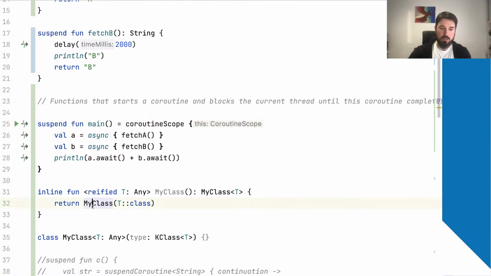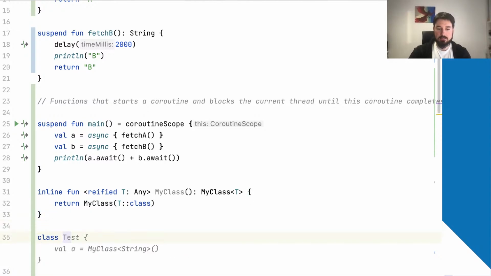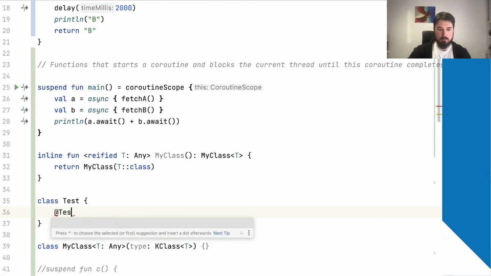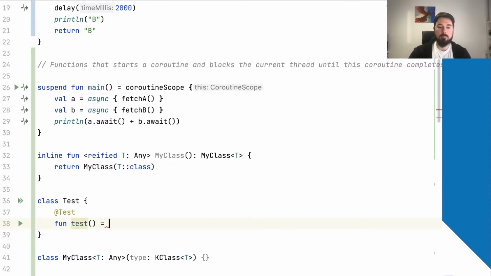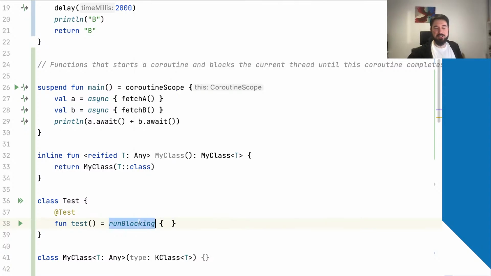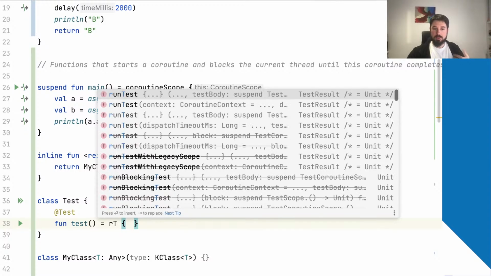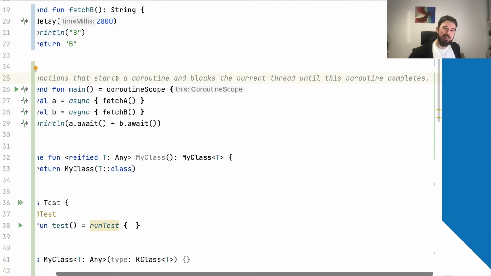The second place where we might use it is some test suite, or some test class, where we might define a test function and wrap it with run blocking. Again, this is possible, but not a preferable option, because it's generally considered preferable nowadays to use runTest in here. So we rarely use run blocking